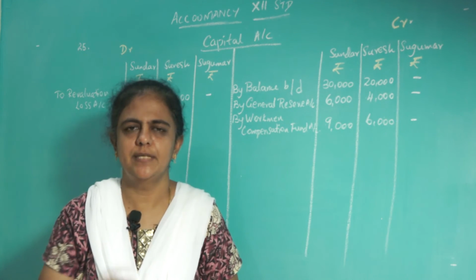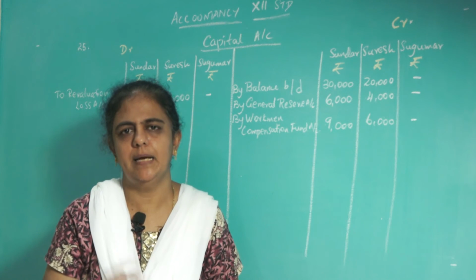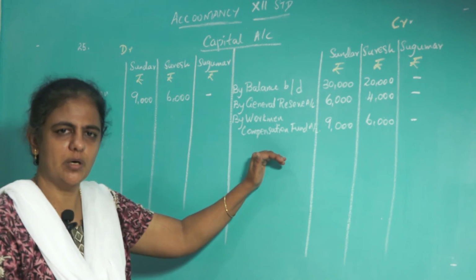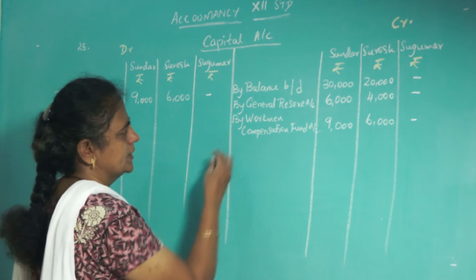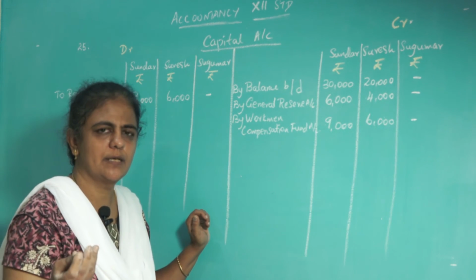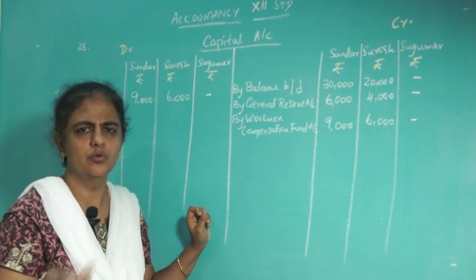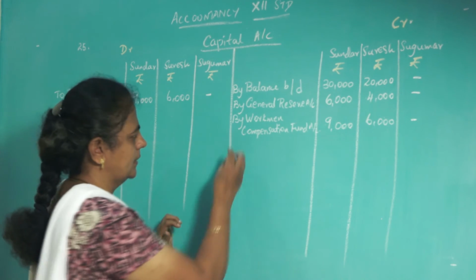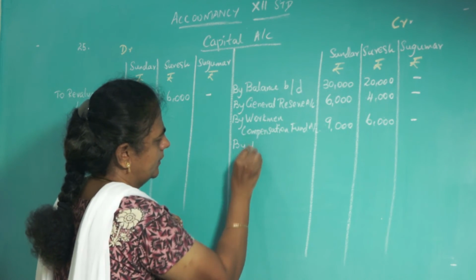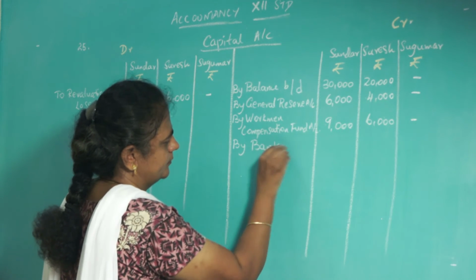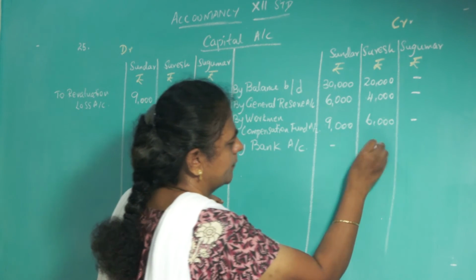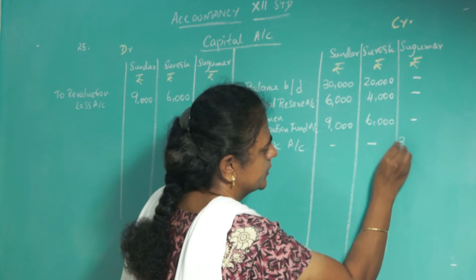Now you see the first adjustment. Sukumar is bringing capital. How much is he bringing? He is bringing 30,000. So debit what comes in? Bank. What is the journal for that? Bank account debit to Sukumar's capital account. So in Sukumar's capital account, what you have to write is by bank. So he is bringing 30,000.